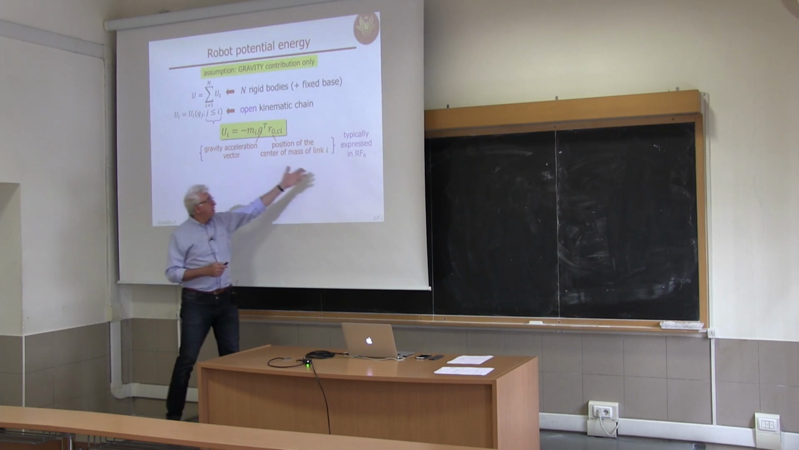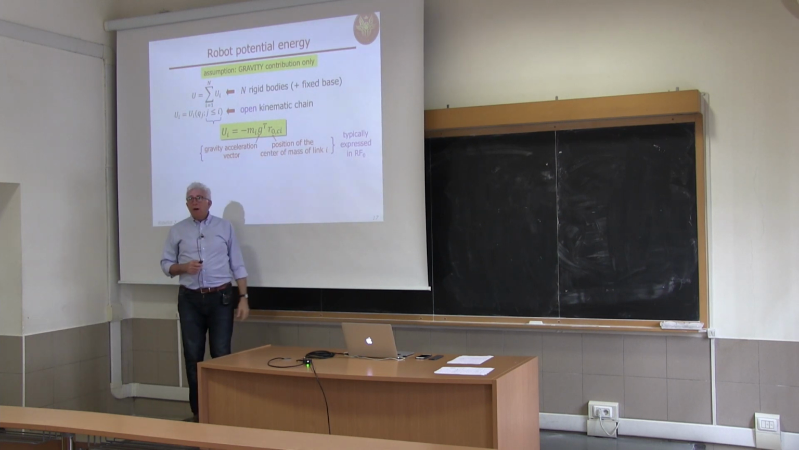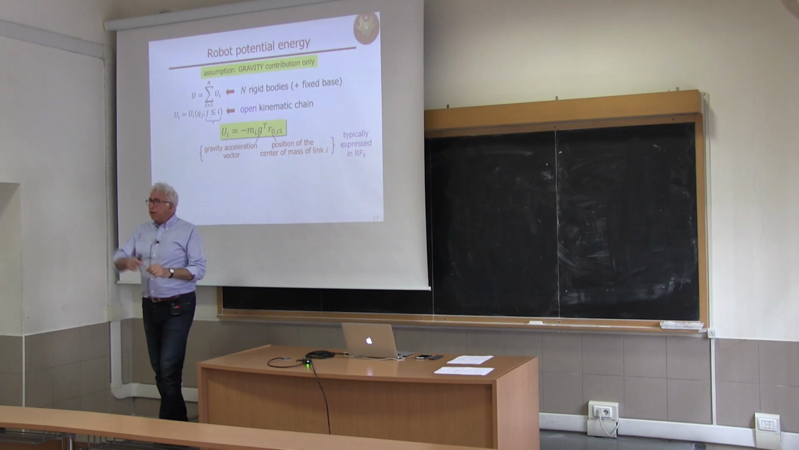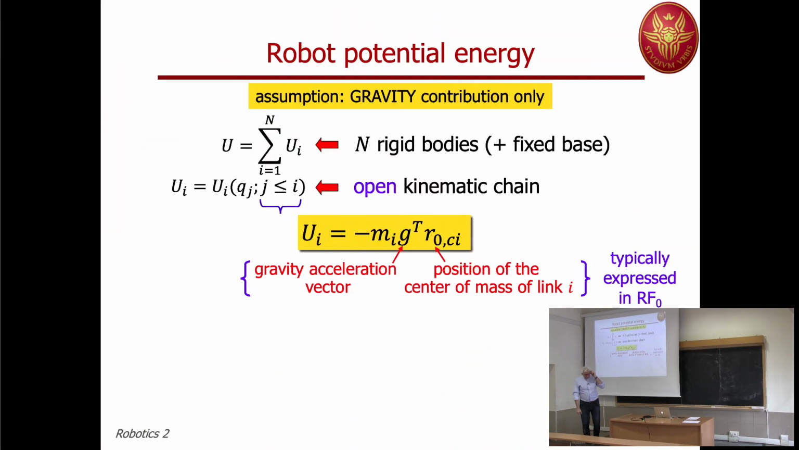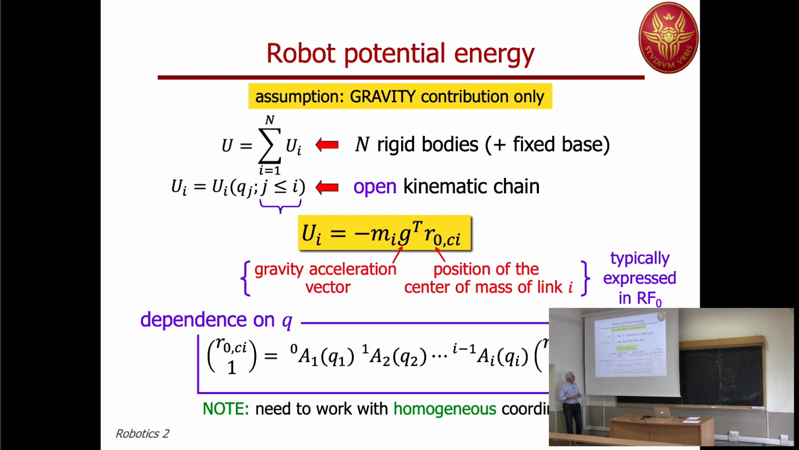Now, if you are using frame 0, then also the vector going from the origin of frame 0 to the center of mass of link i should be expressed in the same frame. Now, we said that this term is only configuration dependent. Again, we don't see explicitly a q here. So where does the q come from in this expression? Well, this is quite easy because